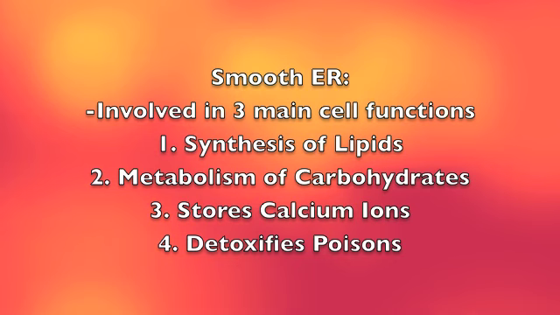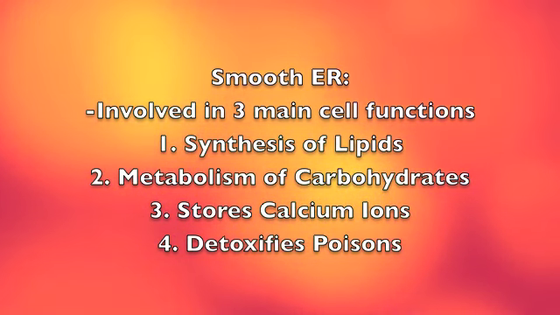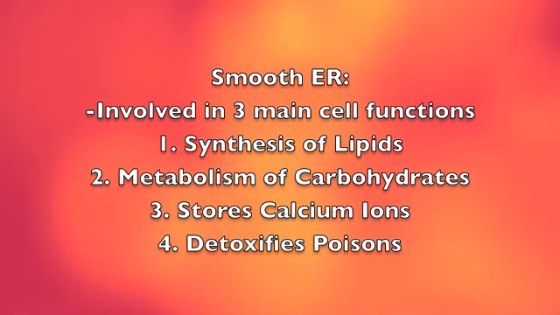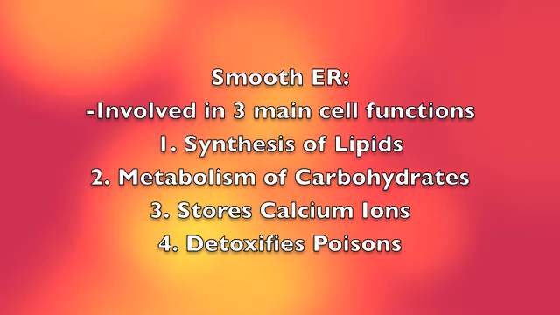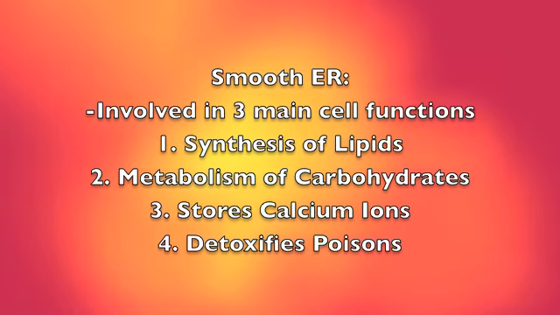The smooth ER, which lacks ribosomes, performs four important cell functions. It creates lipids, metabolizes carbohydrates, stores calcium ions, and detoxifies poisons. Because of their specialized function, different cells have various quantities of smooth ER. For example, the liver, which detoxifies most poisons in the body, contains a much greater amount of smooth ER than